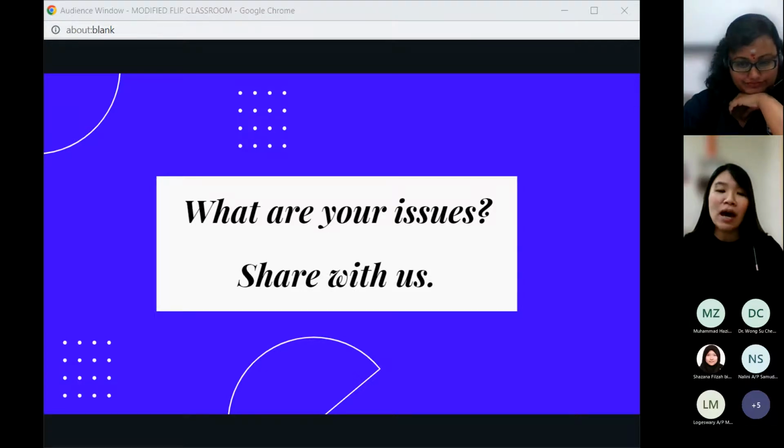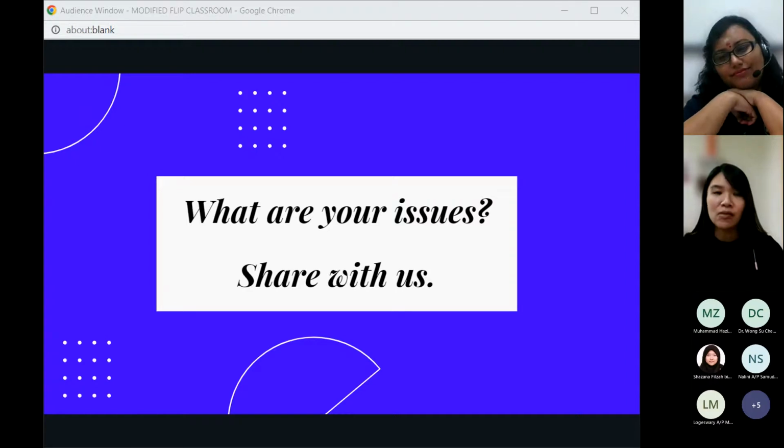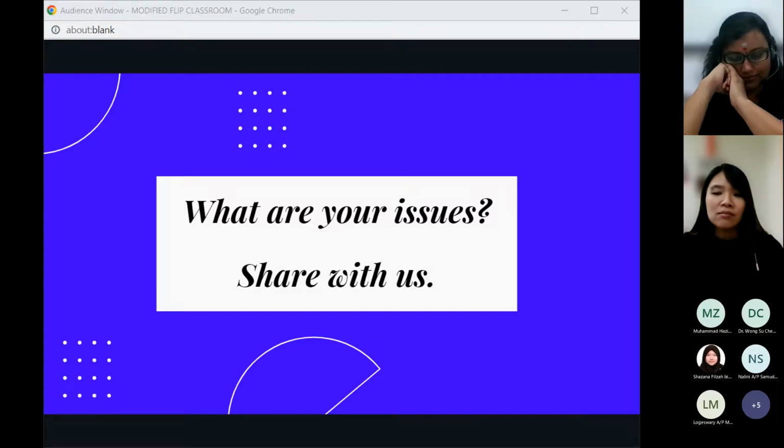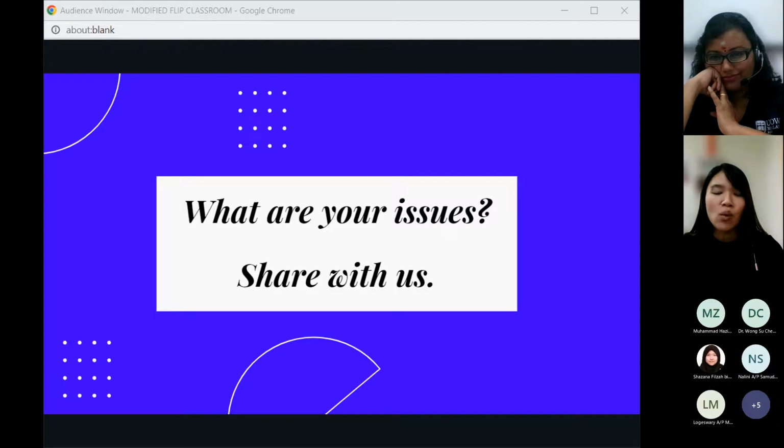again. So for me now, what I will usually do is, because I know they will have this kind of problem, I will put all my instructions in words, in full sentences in my slide. And then after my class ended, I will screenshot that particular page and send it to them through, for example, our WhatsApp group, to make them aware that this is something that you need to do, don't forget.